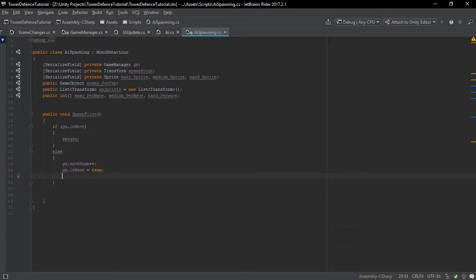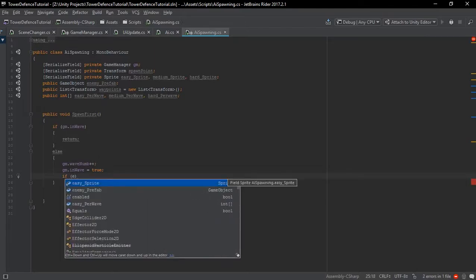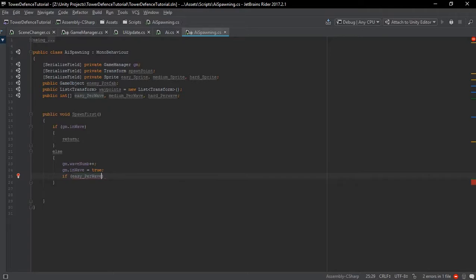This is where the spawning part comes in. So each array can have numbers. We're going to first check the easy. So the first level enemies that spawn are going to be easy, then medium, then hard. So we're going to check the easy per wave, and then we need to go to which value. We want to go to the first one,